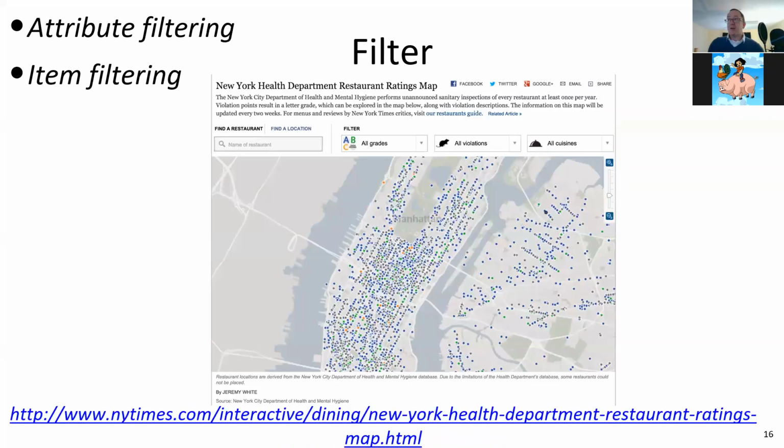All right. Similarly, here would be, this is not always working. There are some bugs in the code here, but you can interactively filter out the different kinds of health code violations in Manhattan, actually all of New York, the New York area. And you can filter by attributes. You can also filter by individual items. So you could say which ones had rat violations, honest to God,